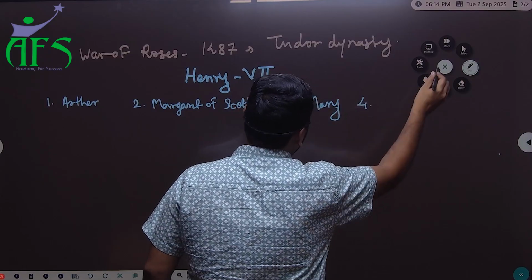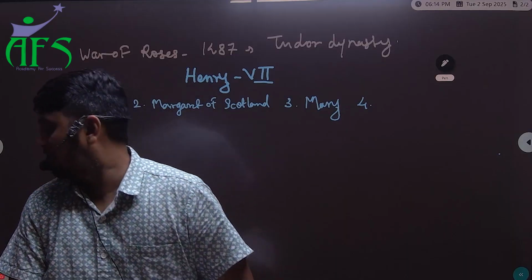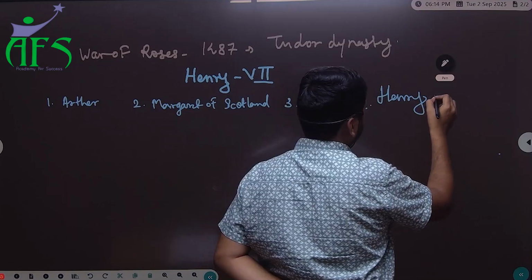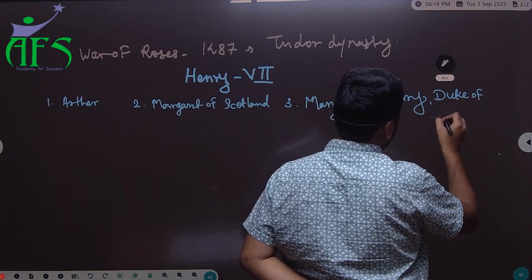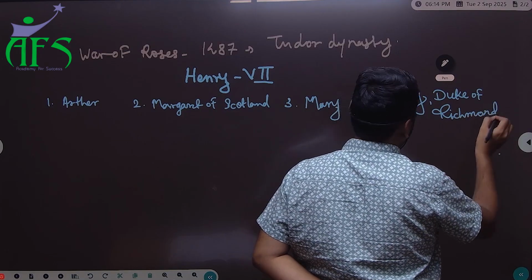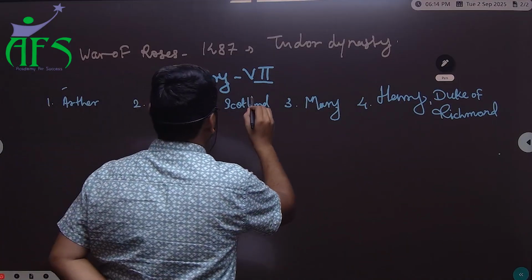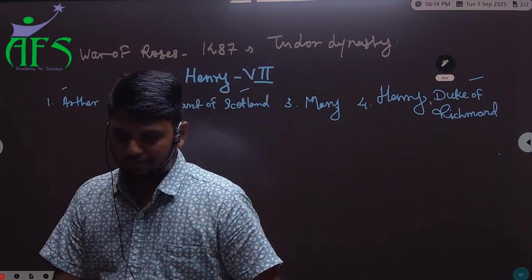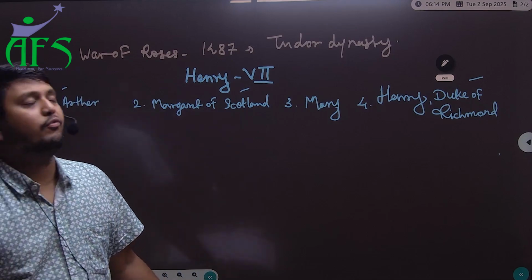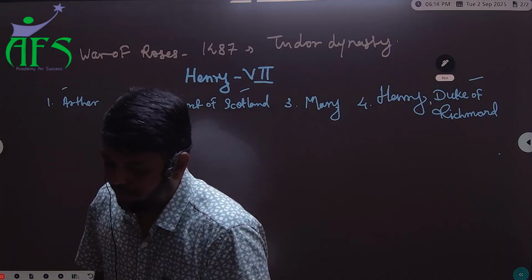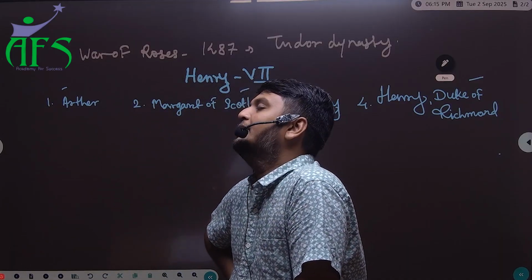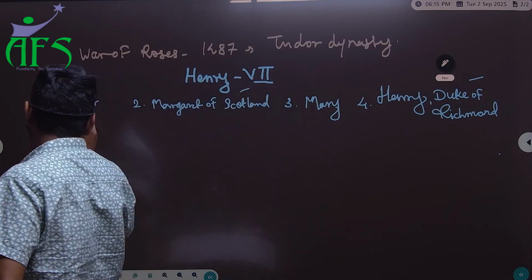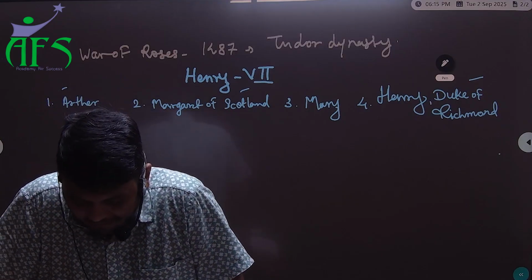And the fourth and very important, again, Henry Duke of Richmond. Here we have to keep in mind these three names: Arthur, Margaret of Scotland, and Henry Duke of Richmond. These are the children of Henry the Seventh. The first one, Arthur, was a very short-lived person, and Catherine of Aragon,